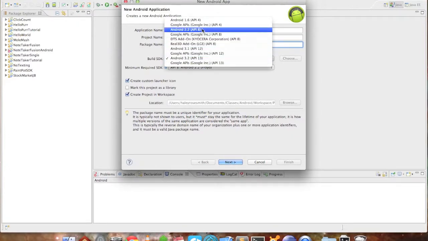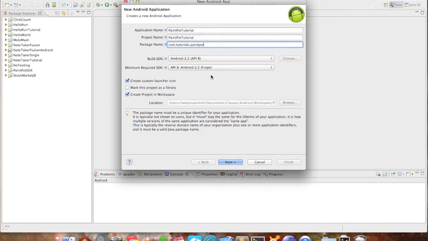I'm going to be running this on Android 2.2. You might notice I don't have an emulator up today. That's because we're going to be working with the on-touch listener. Now, the difference between the on-touch listener and the on-click listener is pretty subtle, except for the fact that you can't actually emulate the touch. So you're going to need an actual development device plugged into your computer to be able to test and demonstrate